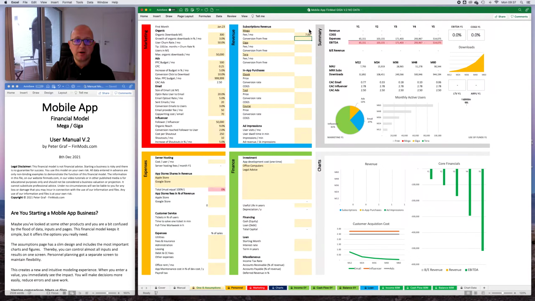You could do this by entering as a total 100% conversions. This would assume that there are no more free users and only paid users. I'll show you this in an example. Let's say we have Mega, Giga, and Tera, and we start with a freemium, which means there is a free model and you're offering